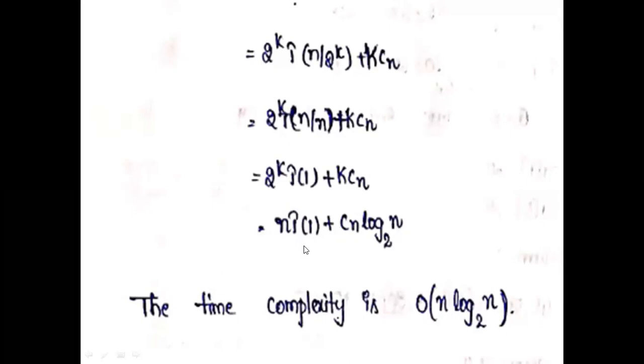So totally, that is the time complexity for quicksort in the best case and average case. In the best case and average case the time complexity is n log n. By using asymptotic notation, that is big O notation or omega notation, the time complexity is big O of n log n. So here you are calculating the time complexity only for the best case and average case.